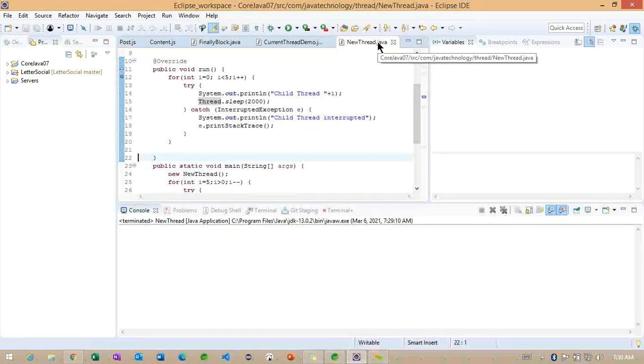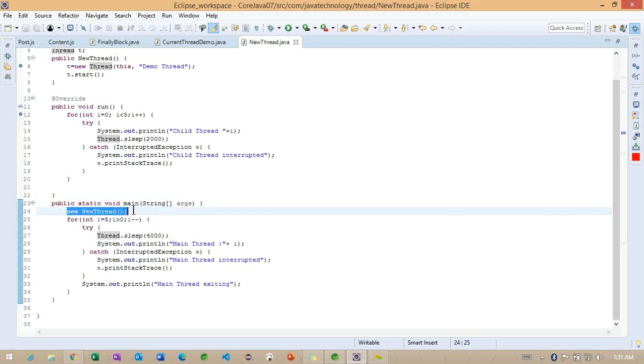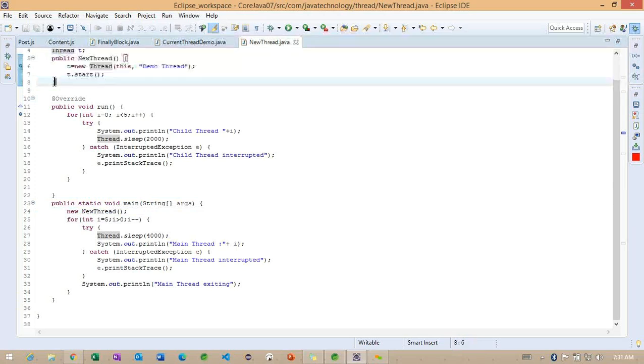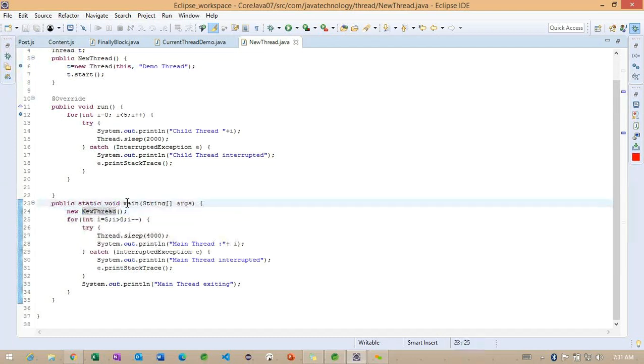To understand simply, what we can do? Initially, whenever we are calling line number 24, this particular code is going to execute, and here we are creating one more thread. When this thread constructor is called, we have one thread called the main thread. Getting the point?